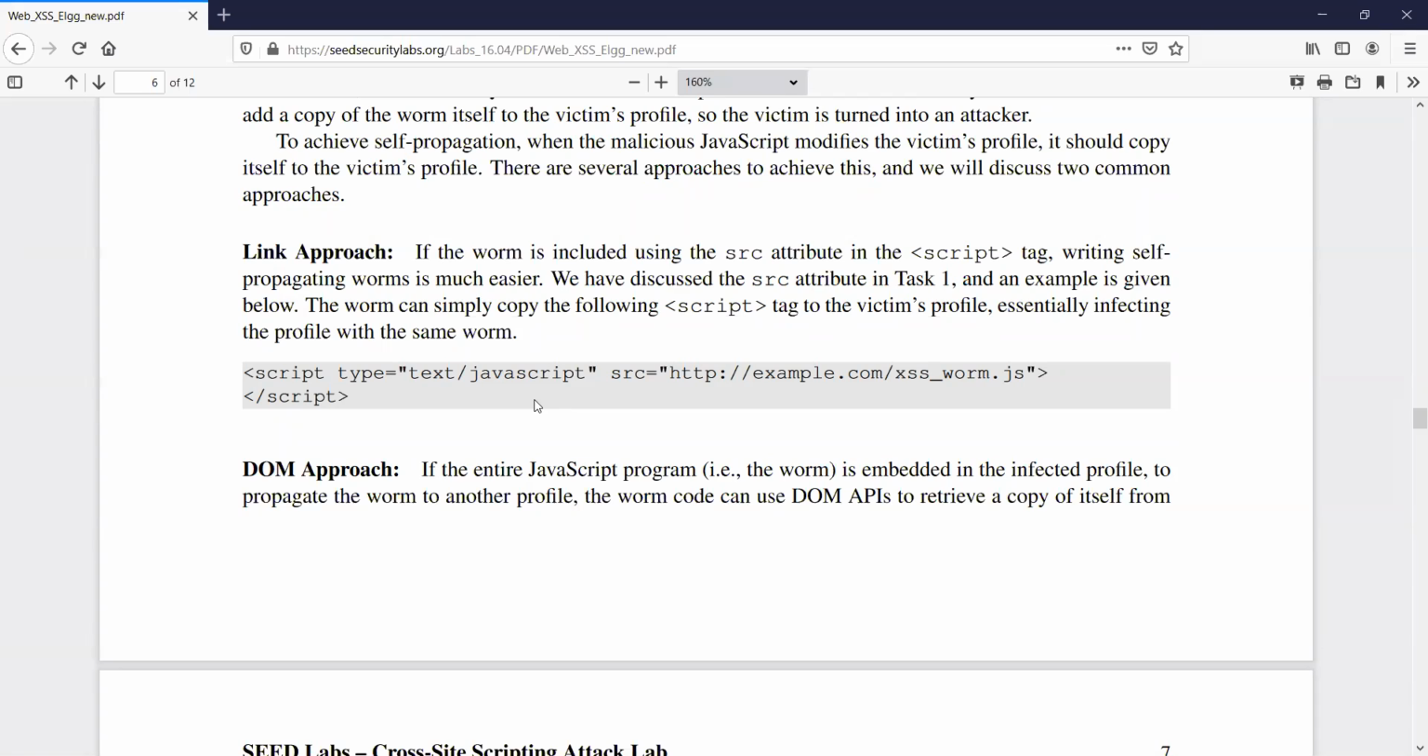And we will discuss two common ones. All right, so the link approach, we just need to do one really. The link approach, if the worm is included using the source attribute in the script tag, okay, writing self-propagating worms is much easier. I agree, that's the easiest one. But it's not necessarily the most fun or the most novel. This one is a little bit kind of boring because it's pretty